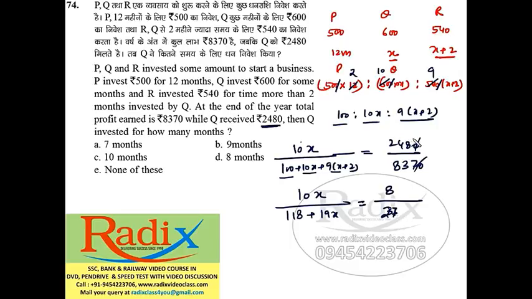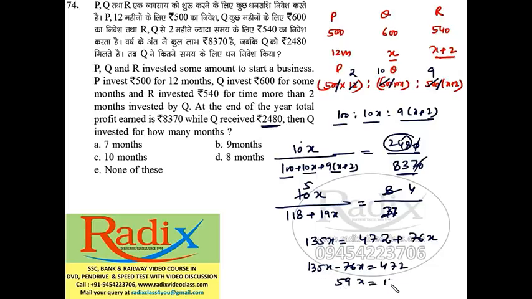So when we divide this by 31, it is 8, and when we divide this by 31, it is 27. Now simplify further, this is 5. Now cross multiply, this is 135x is equal to 472 plus 76x. Now take this value to this side, 135x minus 76x is equal to 472. Now this is 59x is equal to 472. So x would be 8. Now if we cancel, this is exactly 8 times. So the answer is D option.